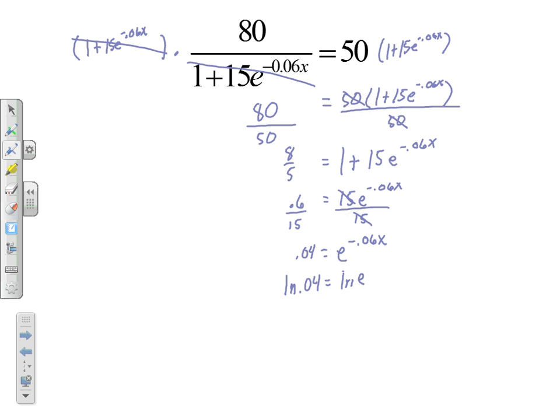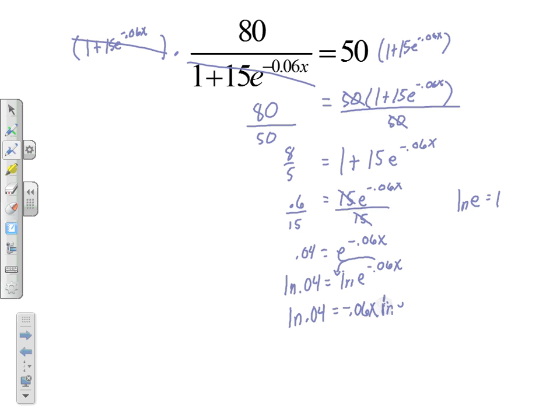let's see, where am I at here? Negative 0.06x power. Well, the natural log of e, if you just type that into your calculator, that just simplifies to be 1. Okay? So what we'll do before we do that is we'll just again take the exponent, use the exponent rule here, and move it in front of the logarithm. So I'll say the natural log of 0.04 is equal to negative 0.06x times the